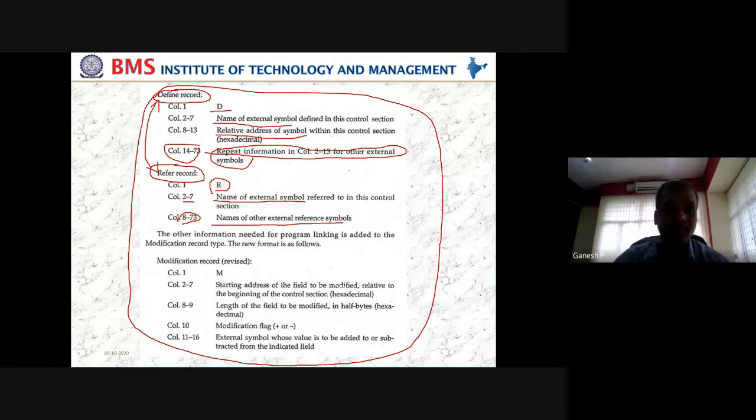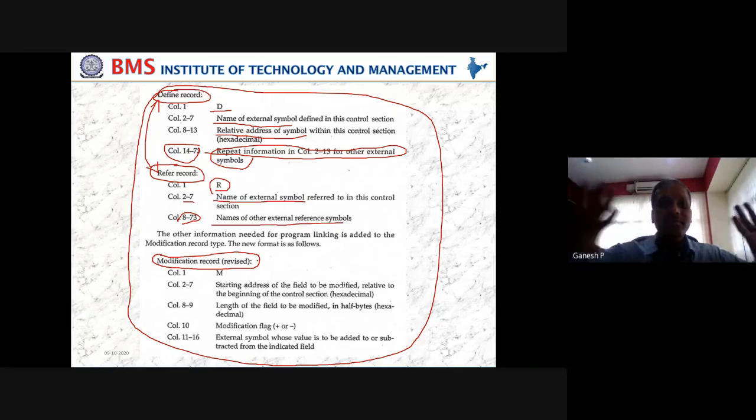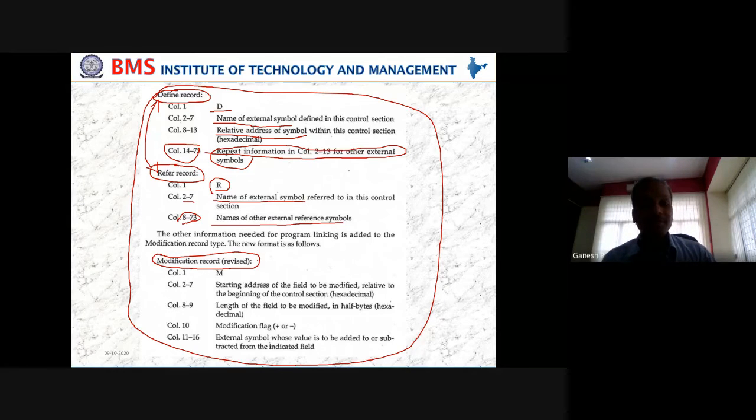Now the issue is the modification record. We know where we have used the modification record: in program relocation. Now look at the control section. In a single program itself, I had a problem of relocation. Now imagine I have 3 or 4 different entities. God knows where they are located in the memory. If that is the case, if I use a format 4 instruction, I need to be very, very careful to deal with them. So I need to have a revised modification record.